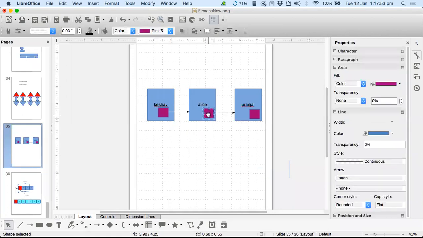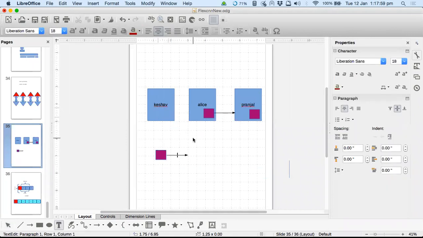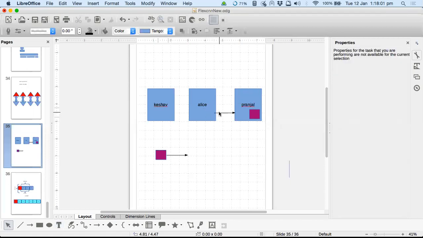At present, they are lying in 3 different structures. Yeah, it's a linked list. So I have to somehow link these 3 structures together.